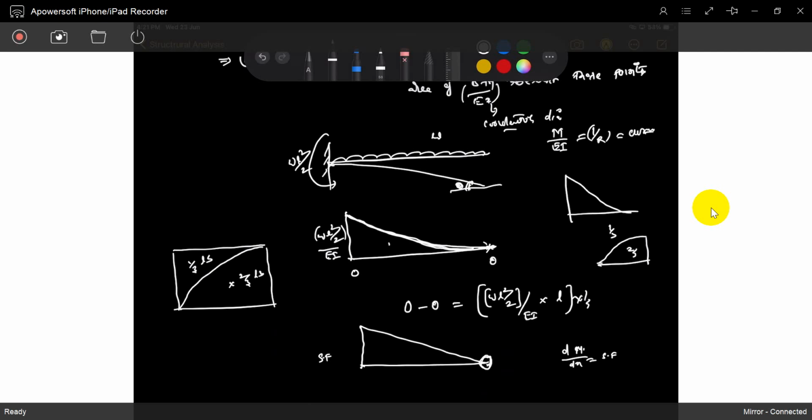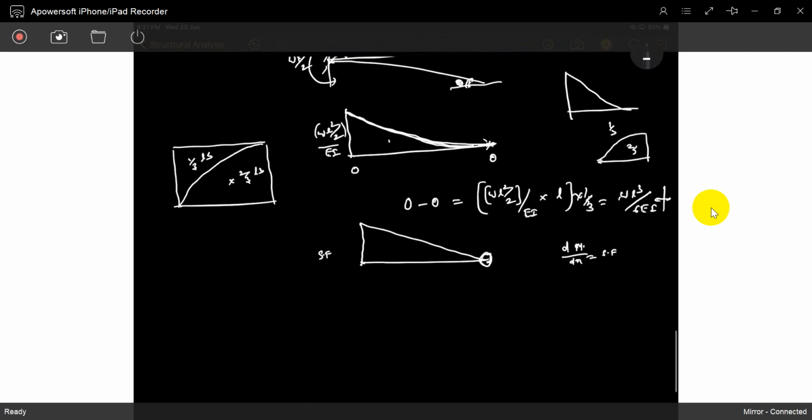So that's it. What is the value? 1/3. What is the value? WL cube by 6A. That's it, right? That is the first theorem. So what is the second theorem? Theorem number 2 is